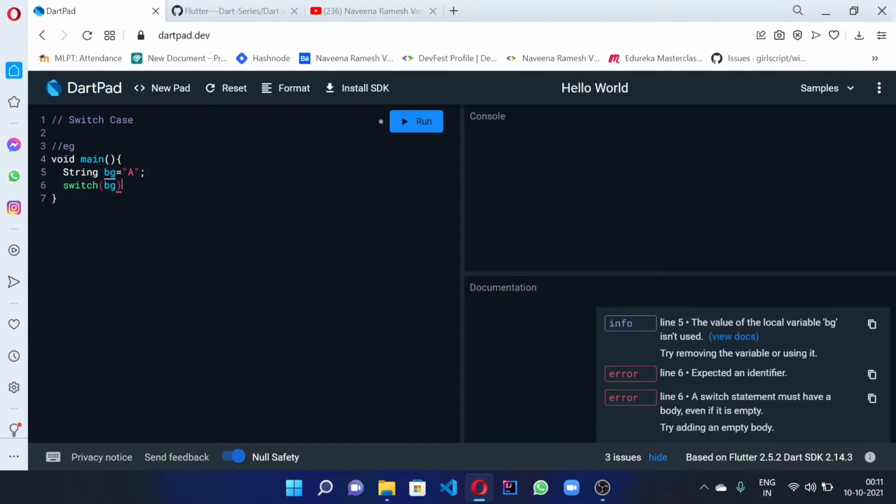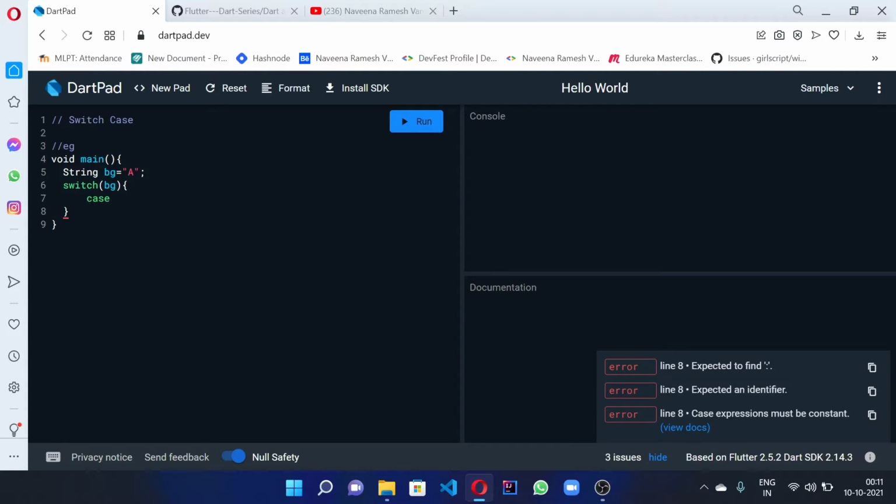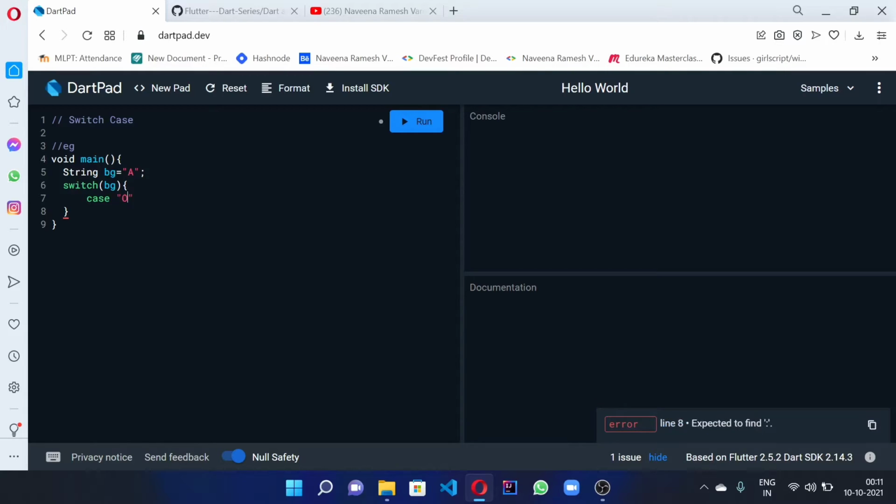Now we'll check for BG. Now we check the conditions. First we'll check for O. If it is O, print universal blood, BG.